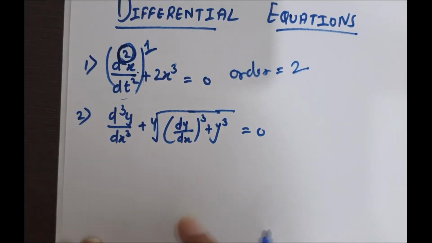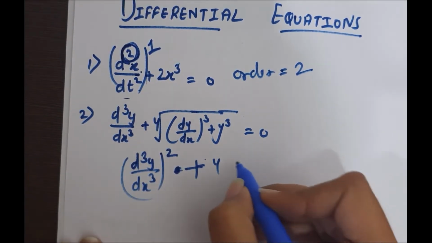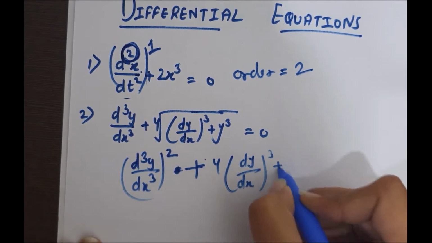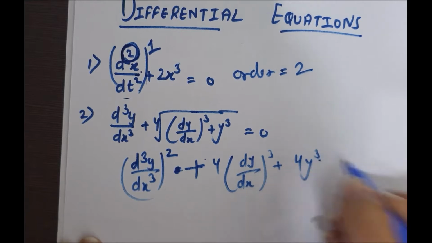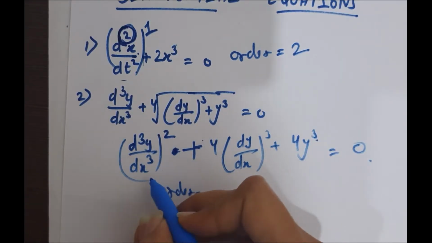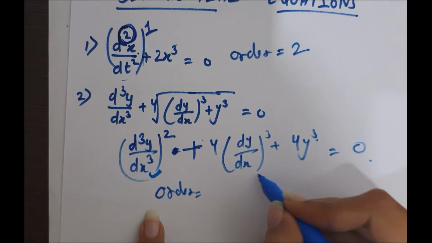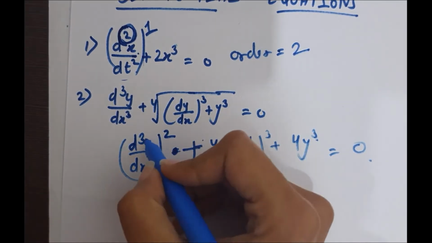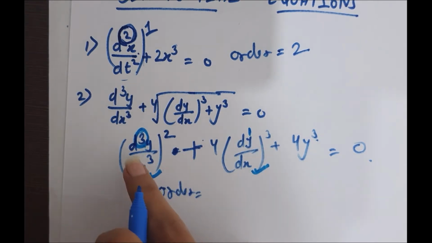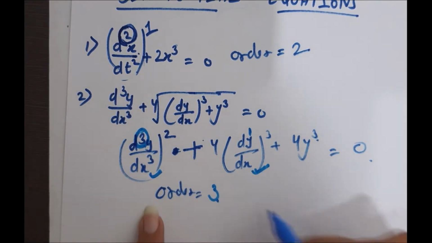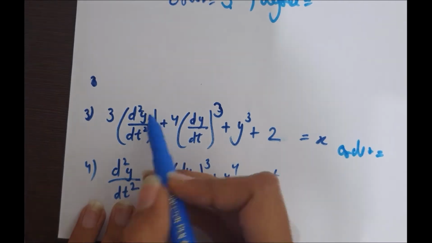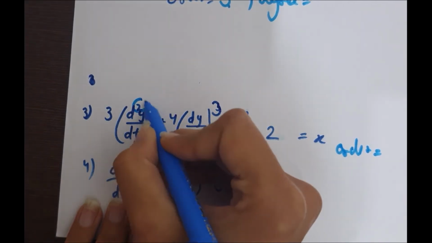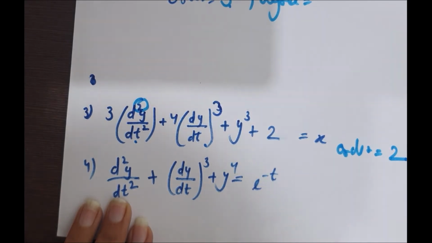Here in the second question, firstly we solve it. Now we have to square this. Firstly see how many derivatives are here. This one and this one. These are two derivatives here. So which one is the highest derivative here? It's 3, it's 1. So the highest derivative here is 3. Here which one is the highest derivative? So here there are two derivatives, 1, 2. So which one is higher? This is. So its order is 2.